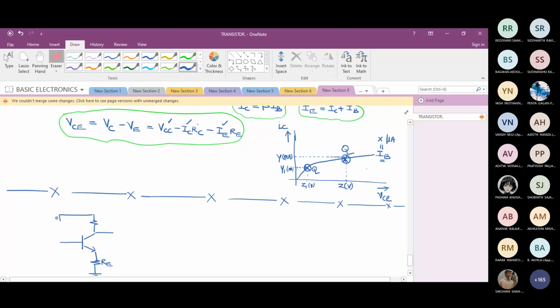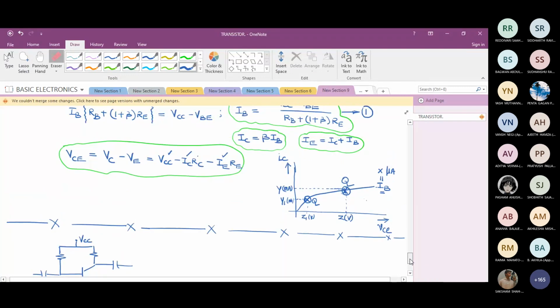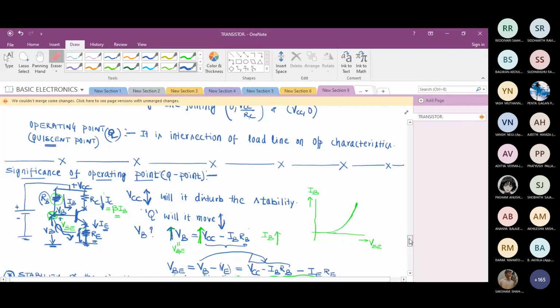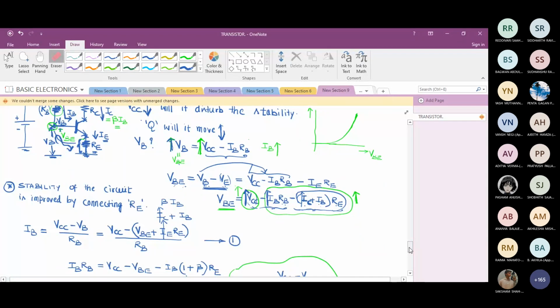Okay, I will do one thing. This amplifier part takes little time to explain because I have to connect the coupling capacitor and all those things. So shall I stop here and do this part in the extra classes? Yes, sir. This much is enough. If you want the quiz part, two questions you can easily answer. This much is enough of what I have done today. So the amplifier part I will take up later in the extra class.